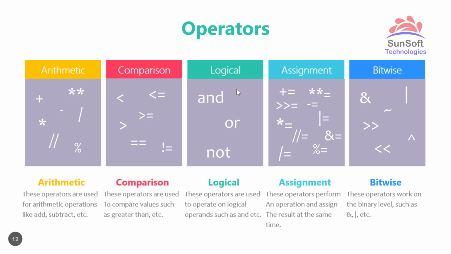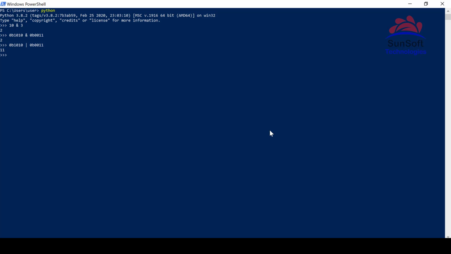Now let's see the other operators that we have. We saw the bitwise AND, we saw the bitwise OR. First of all, let's see the bitwise XOR. So let's take this example only, XOR. Now it is giving us 9. So what is the number for 9? Yeah, so it gives us 9.